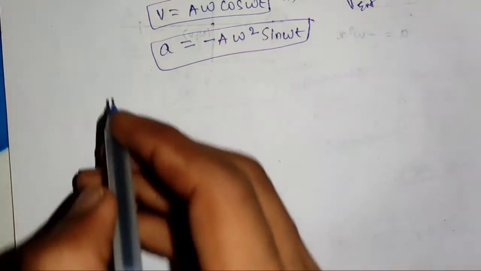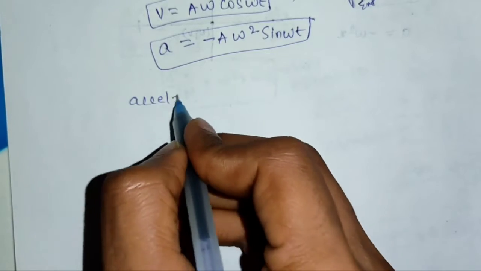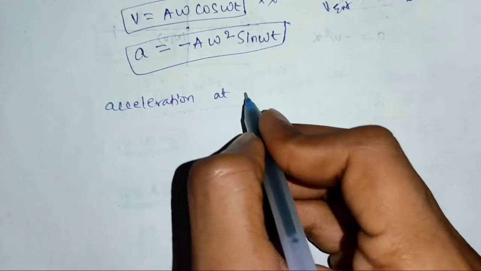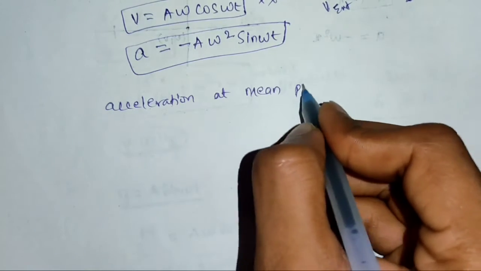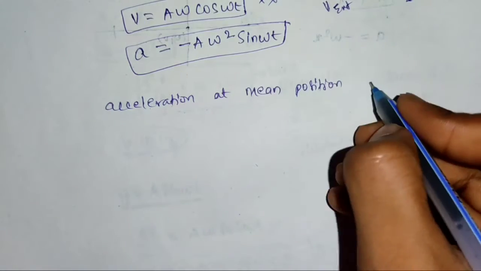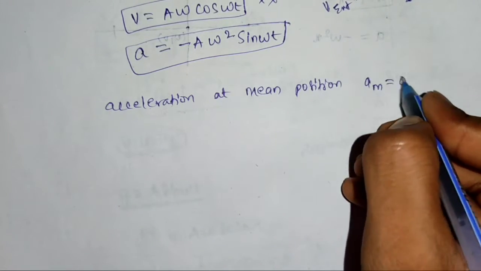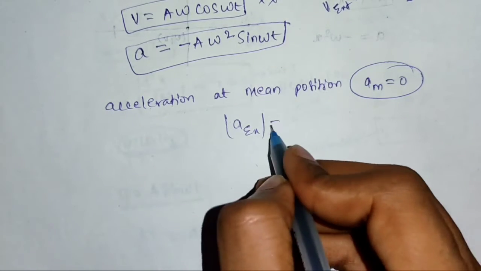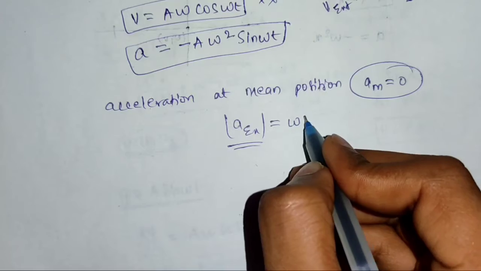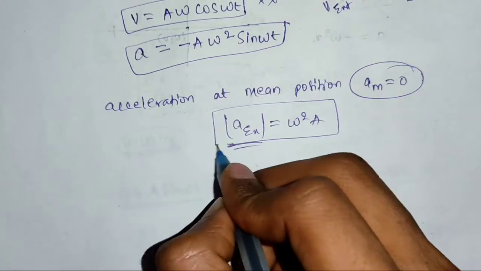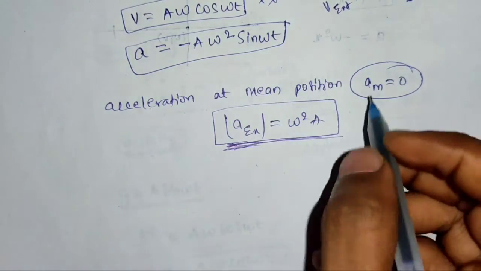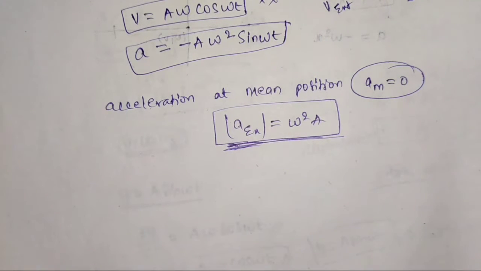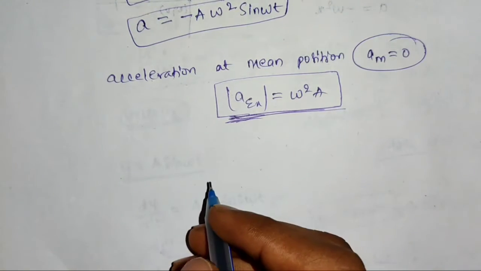Similarly, acceleration at the mean position is equal to 0. Acceleration at the extreme position, here we take the modulus, is ω²A. This is also one of the formulas. We are not deriving all the formulas because this is a revision series, and next we are going to discuss